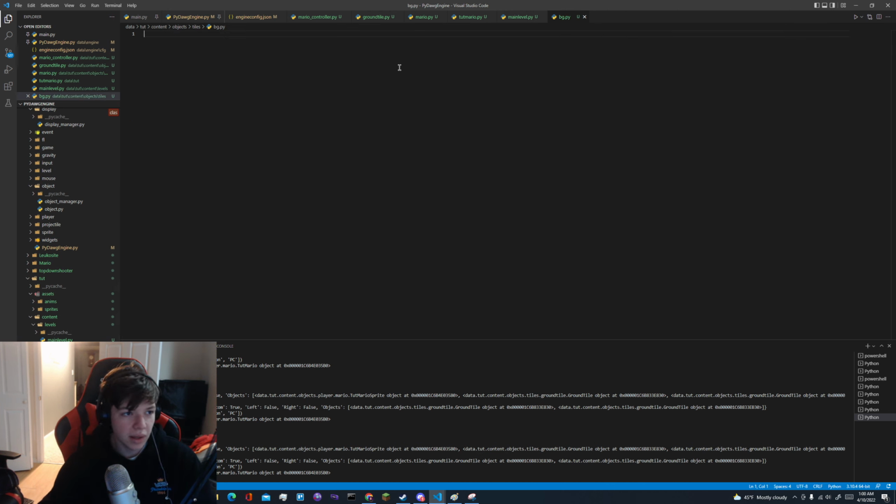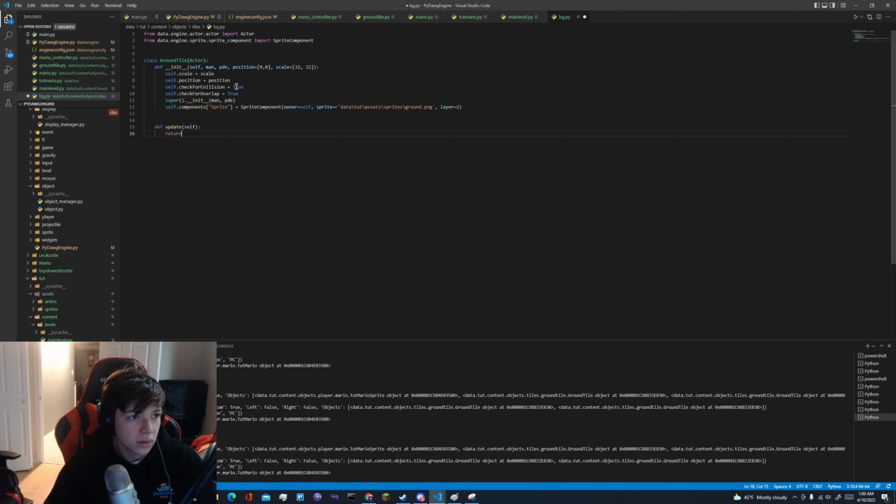Now this is going to be another relatively simple one. Actually, you know what we can do? We can honestly just copy this. We'll call this BG tile. The scale and the position are going to be a bit different. We're going to do 320 by 240, so it's dead center of the screen. And the scale is 2096 by 480. Let me show you the reason why. It's because this asset, this path right here, it's actually